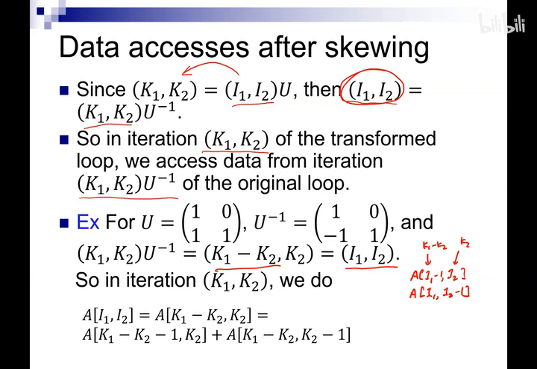So therefore, in this iteration we were accessing K1 minus K2 minus 1, and then in this iteration we were accessing K1 minus K2, and then K2 minus 1. So that tells you that in this